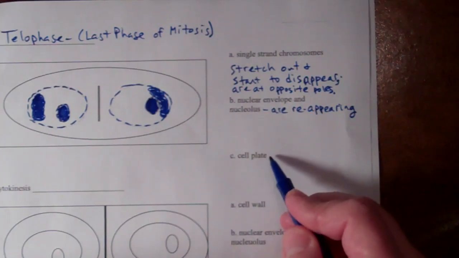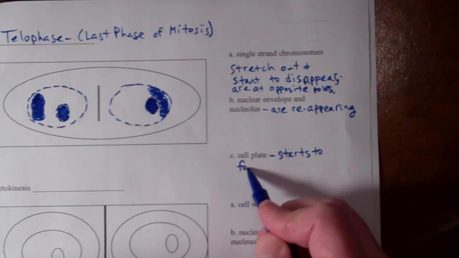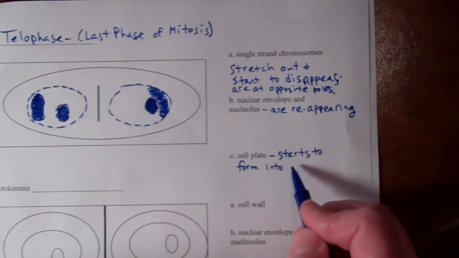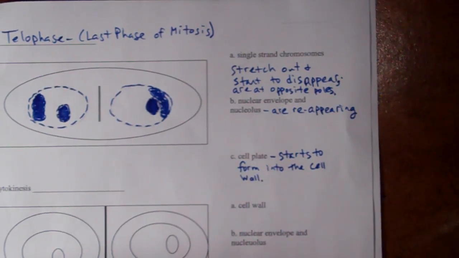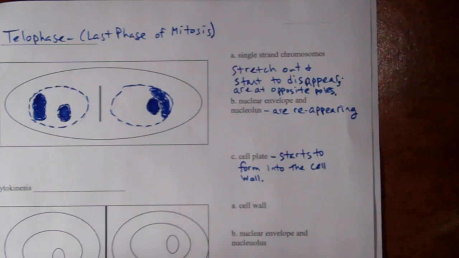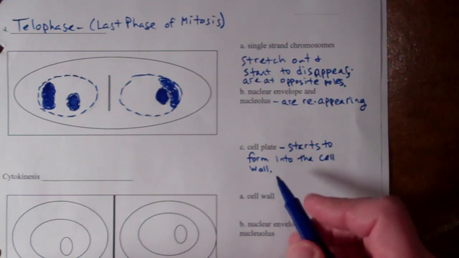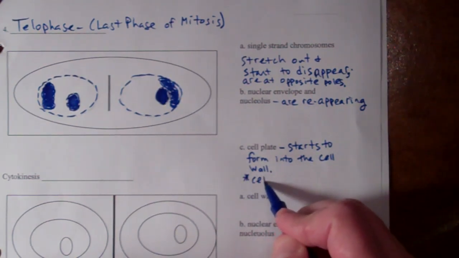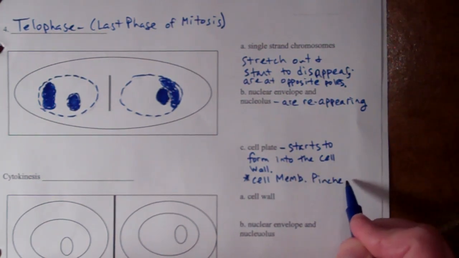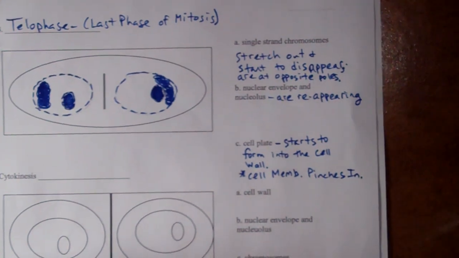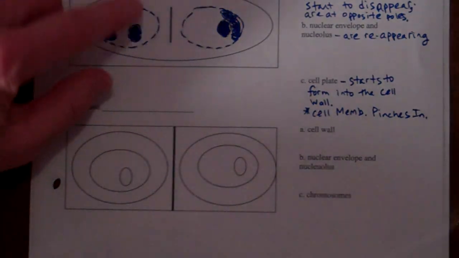The cell plate, which is the beginning of the cell wall, starts to form. It's going to become the cell wall. We call it the cell plate when it's forming. Okay. If we're talking about an animal cell, the cell membrane basically pinches in during this stage. Okay? All right, and now we have almost gotten to the point where we've made two cells at this point,